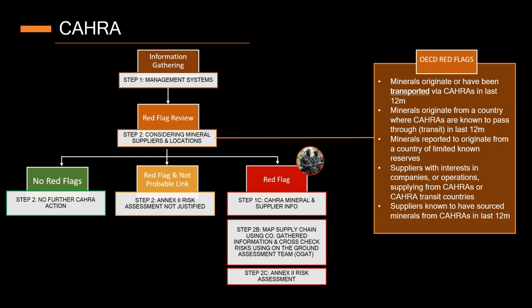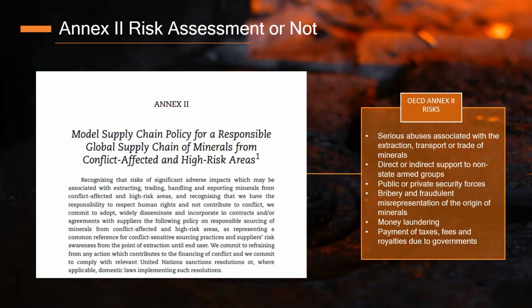And if you recall the basic training, it's an extensive process of reviewing the management system arrangements that the smelter has in place with regards to the mineral sources and the evidence available in order to carry out a red flag review. So if the mineral supply is linked to CAHRAs, and it may also be linked to Annex 2 risks, it is an entirely separate audit from verifying secondary material only from a smelter engaged in taking in end-of-life material.